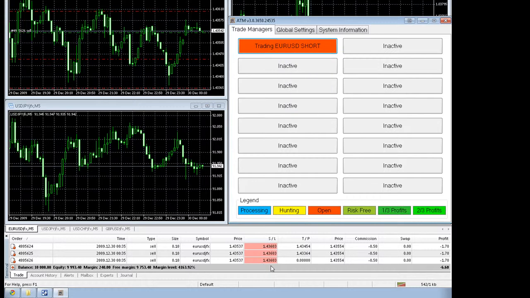And so these stop losses have been sent, these take profits have been sent, and this is the commission that was charged. Swap will kick in when it gets held over the day changeover. And because of spreads, naturally we're going to be down the minute we open a trade, and this is showing the running balance. So I'm going to open this back up,